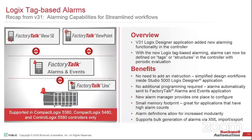So how do we do this? The FactoryTalk Logix-based tag alarms are only available in what we call the high performance controllers, because we're able to take the alarm logic and put that in a separate CPU. It runs separately from the logic. So you can't do that with the L7s, only the L8s, the 5380s and the 5580 Logix. The same way you would do the HMI-based alarms in the past, with the alarm events